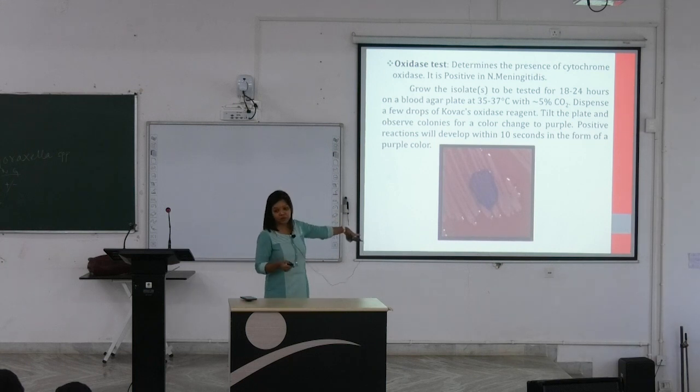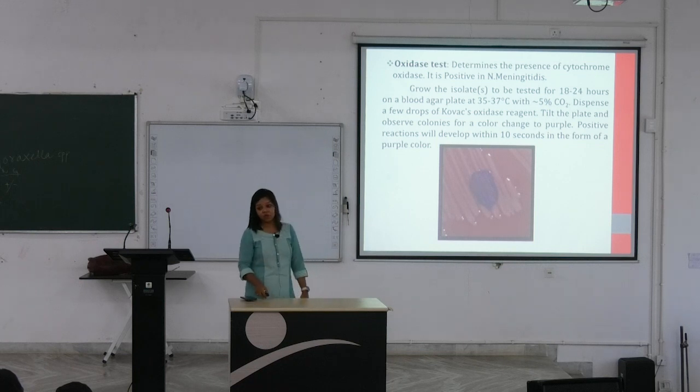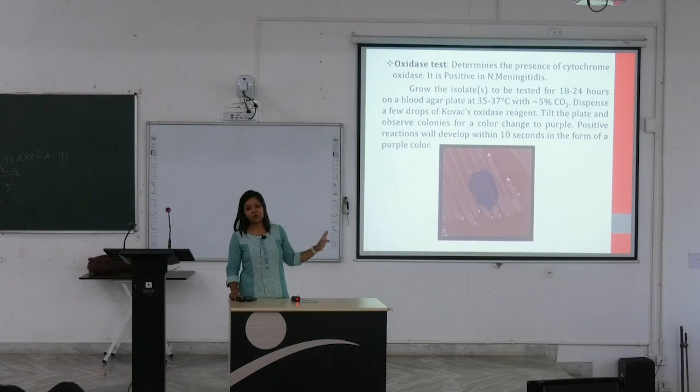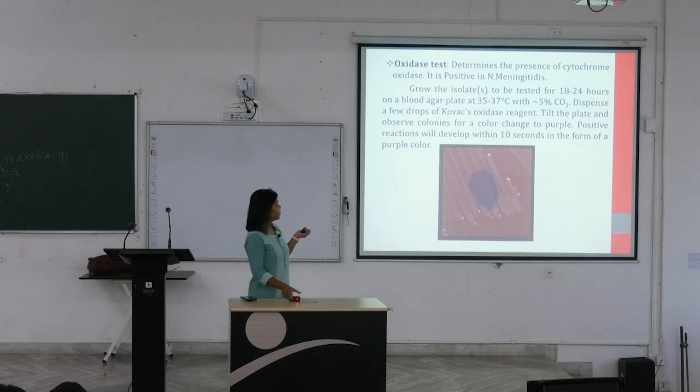This is called pour plate technique. Okay, Kovacs oxidase reagent, directly we pour on the colony. Okay, there is a blue color formation. This is actually we do not destroy the whole colony. How we do it? We take an oxidase strip and we take a small colony, and within 10 seconds the paper will turn blue. In the practical class for next 3 days you will be studying the method behind oxidase reaction.